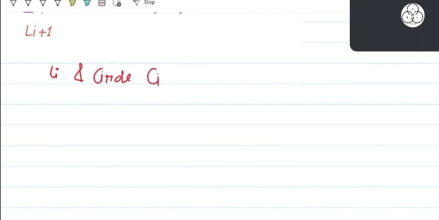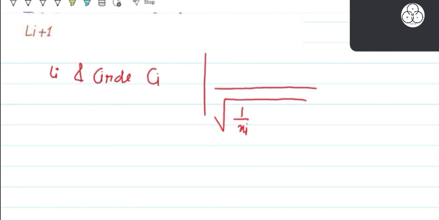The given equation of line was x over xi plus y over 4 minus 1 equals 0. Center is (ai, 1), so we'll write the modulus of ai over xi plus 1 over 4 minus 1, divided by root of (1 over xi) whole square plus 1 over 4 square,